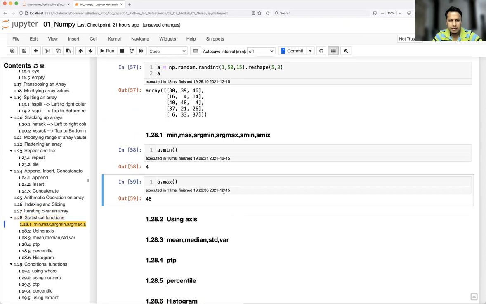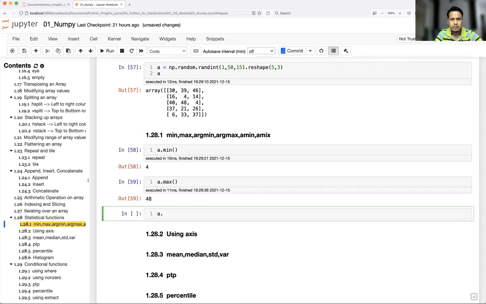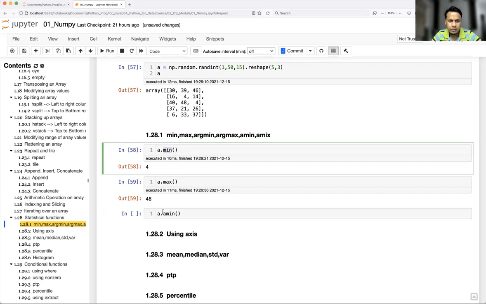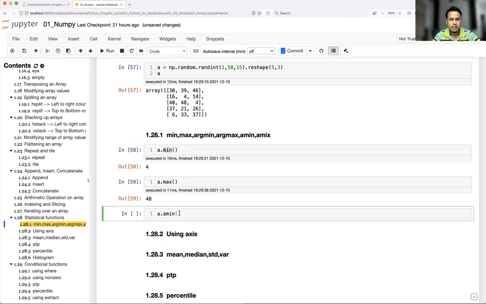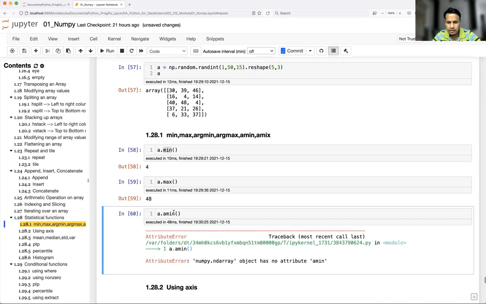Okay, now we have a min and a max, right? Now under a min, first let me write it. A min is nothing but the minimum of an array. So it is basically the same as what we have used, but this is very specific to NumPy functionality. It is going to return the same thing from NumPy a min of a.